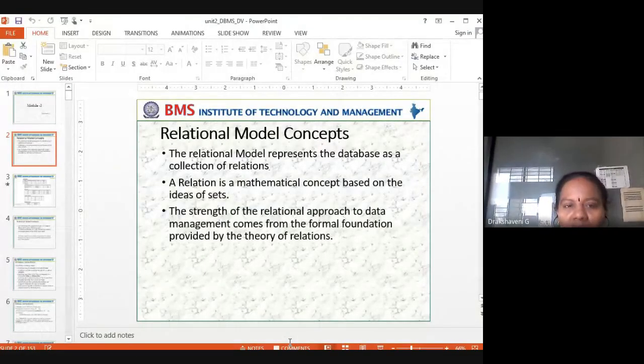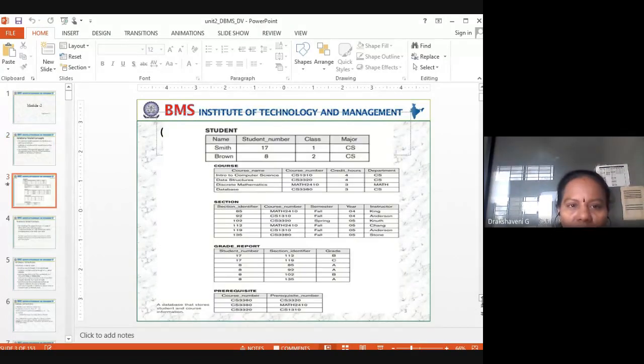Then we have something called a table in DBMS, whereas here in this case we are calling it a relation.